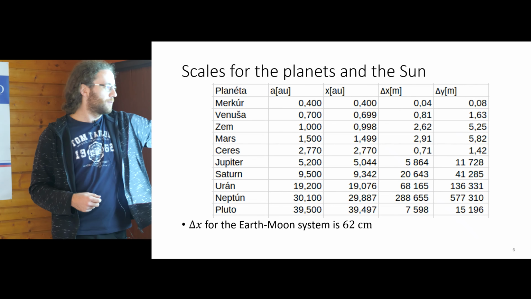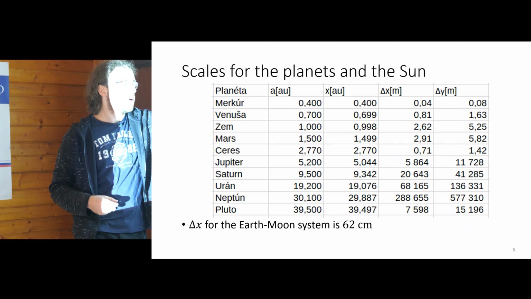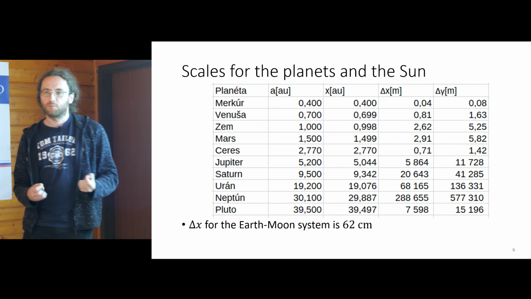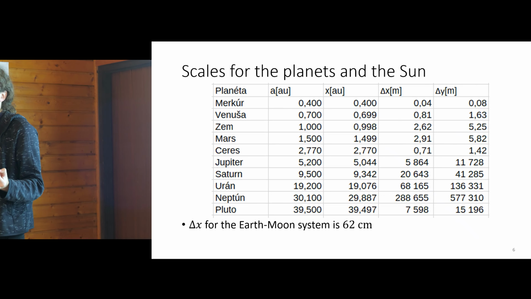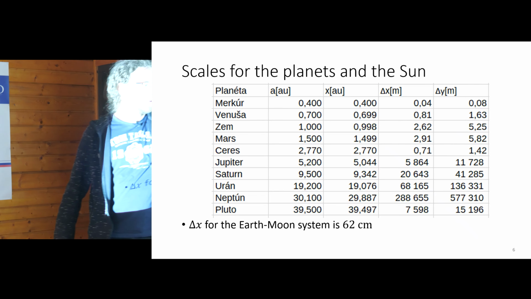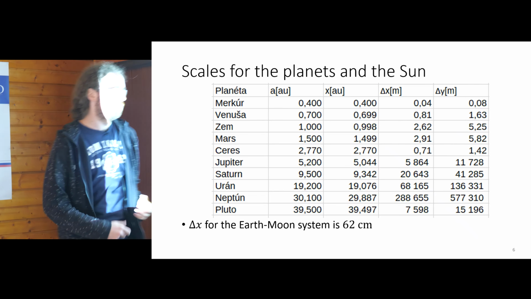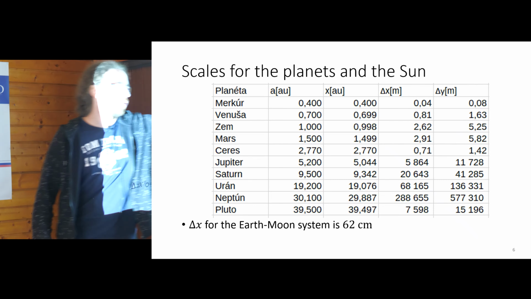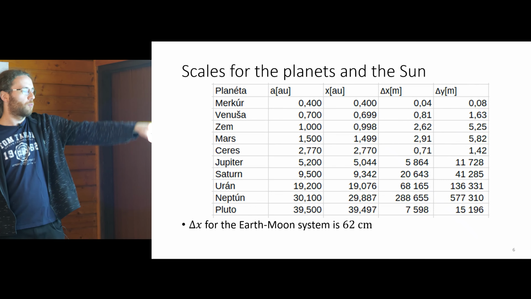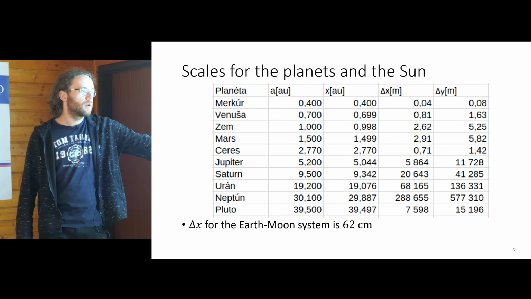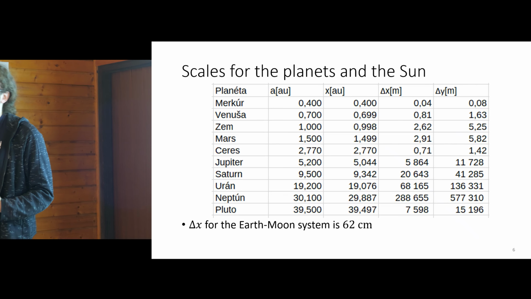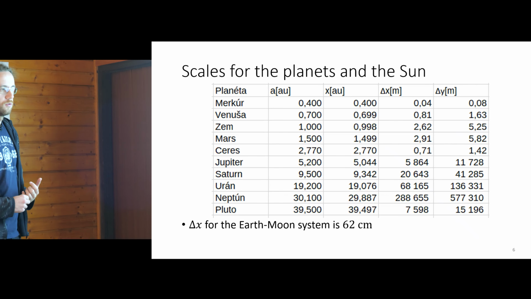We can see that this is well reachable with a probe, and the interval that's interesting for us is some 280 kilometers, and Neptune moves quite slowly on its orbit, so we can even stay in this area for some time. And the closest such a point is obviously the Earth-Moon system, but it's only 62 centimeters large, and the Moon moves like 1 kilometer per second, so it's not really reachable